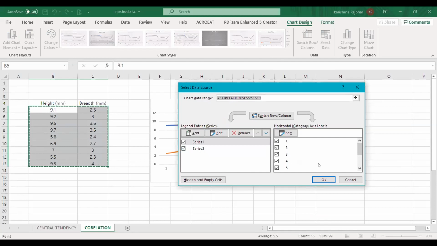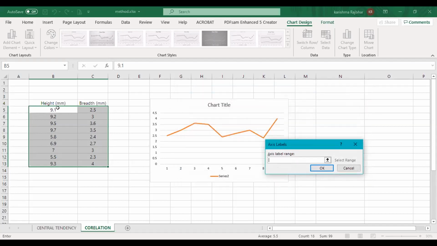Okay, so as I am selecting height as x1, series 2 should be plotted as y1. Am I right? So I will just remove this one and see, now just your breadth is plotted, and for your x-axis I will just edit here and make a selection of x1.